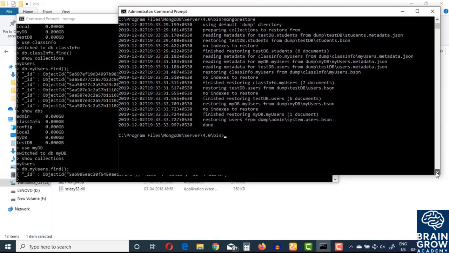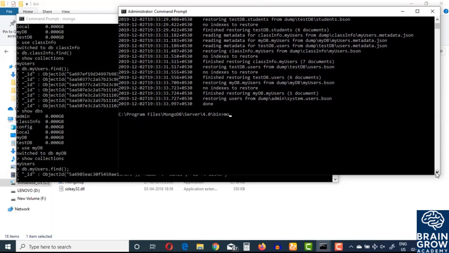administrative command prompt, and what I need to do, I need to use mongodump. When we want to take a backup of a single database, we need to use --db to specify which database, and then we need to provide the database name. So the command is pretty simple. We need to give mongodump, and then hyphen hyphen db, and then space, we need to provide